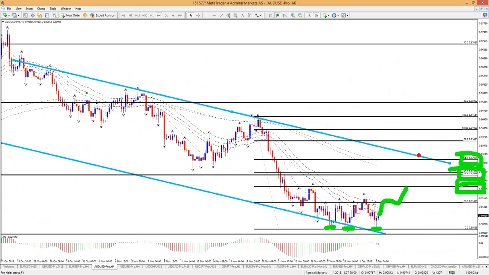The 618 is resistance because it's at the top of the trend channel plus the long-term moving averages. The 50% fib is equal to this bottom. The 382 is equal to this resistance. All three fibs have reasons